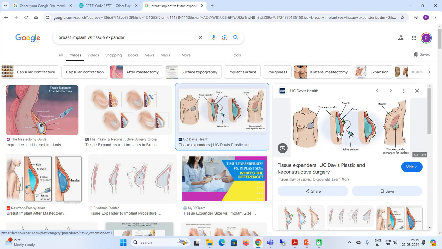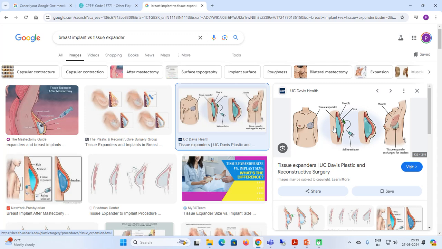After performing the mastectomy, some patients will not have enough space to insert the breast implant. At that time, the physician will insert this tissue expander and expand the breast tissue here. After getting the required enhancement of the chest area, the physician will remove this tissue expander and insert